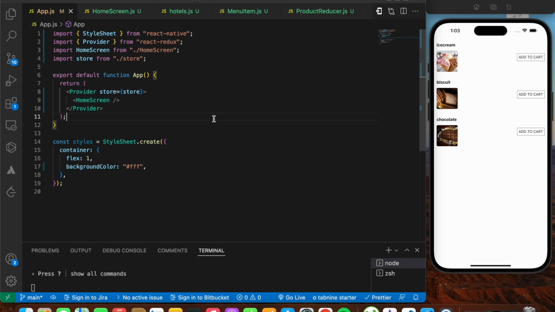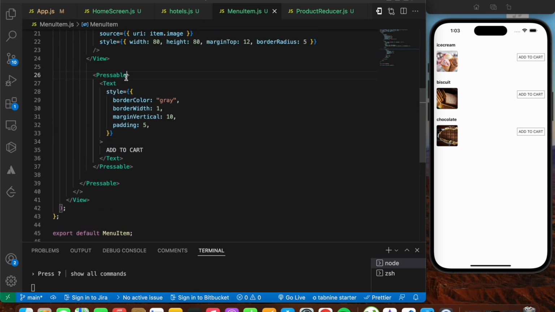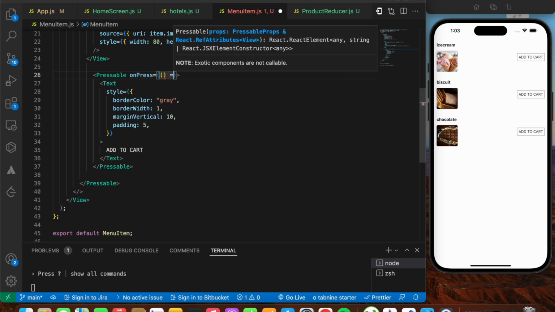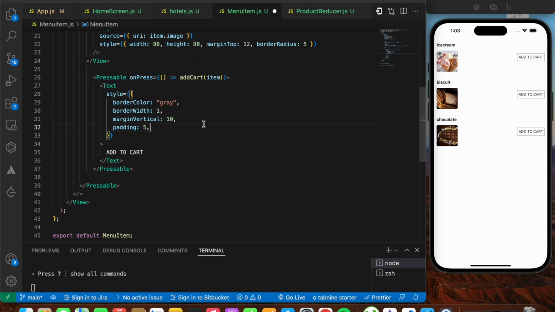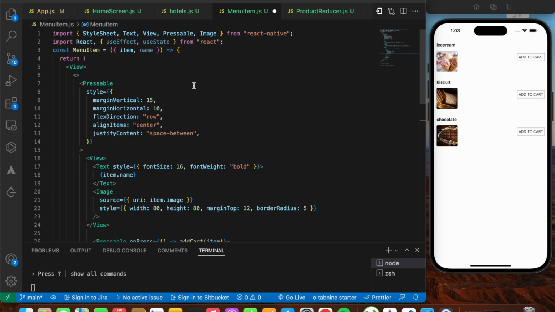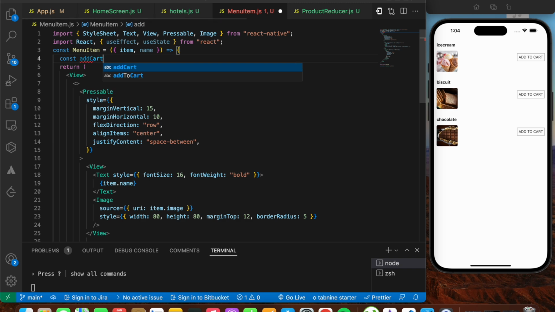Now the next step is we're going to initialize an onPress event on the button that we have, that is Add to Cart. So let's head to MenuItem over here. Here let's initialize the onPress event on the Add to Cart button. I'm going to say onPress equals a function, and here I'm going to say addCart to that particular item. Here basically we are mapping and initializing a new component, that is MenuItem, and this is coming from the prop that is the item value. So let's initialize this function at the top, that is const addCart equals